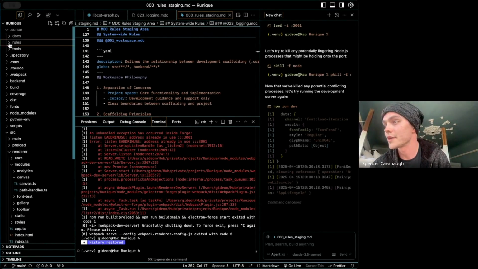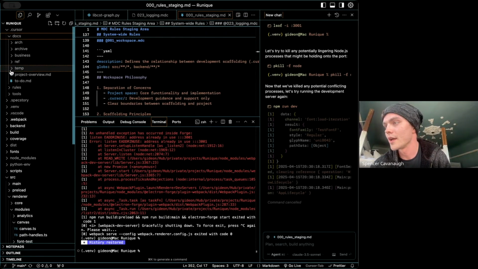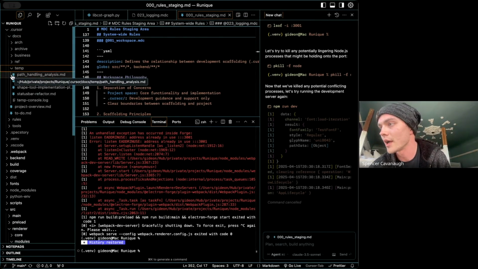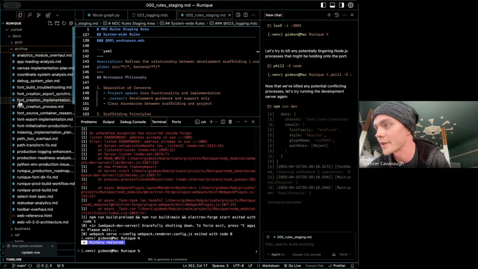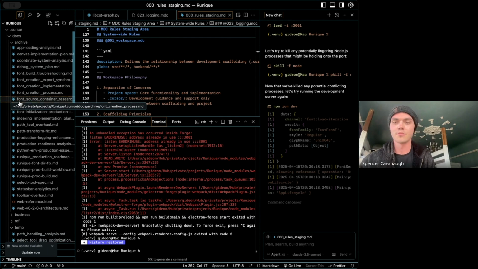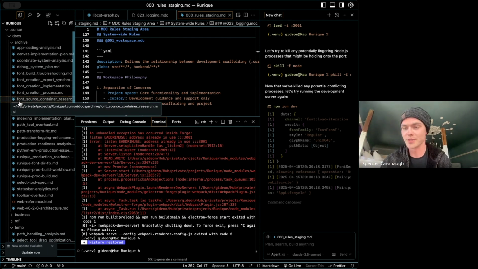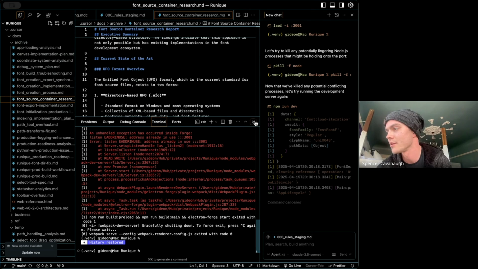I've got all the rules here in docs in this temp folder. And then I also have an archive, like all these other previous temporary debugging documents that I had it write,